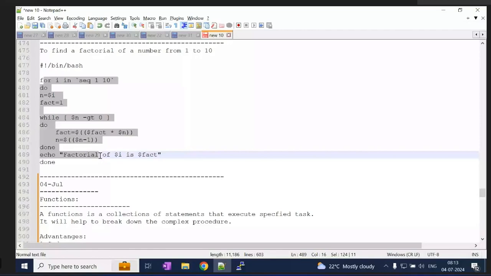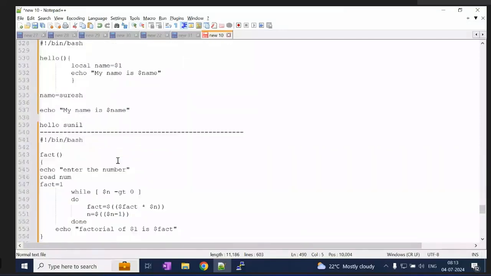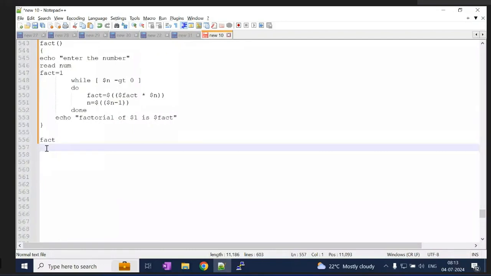You have to write that using functions, and in the same program itself, you have to find the sum of a number. That number you have to accept from the user. Suppose if you give the value 3, what is the sum of 3? 3 plus 2 plus 1, which is 6. That is the output I needed.